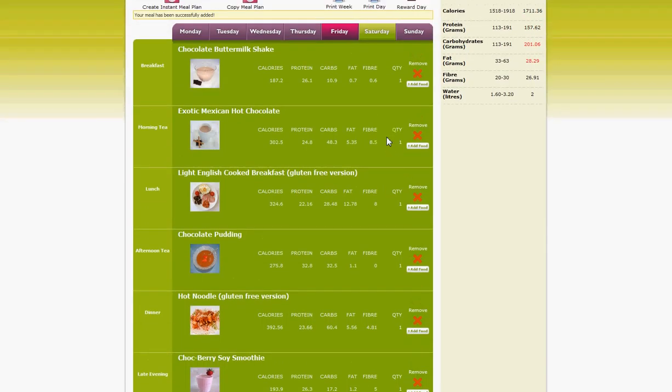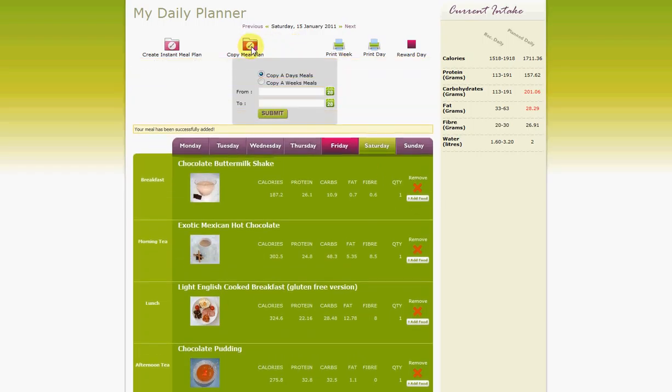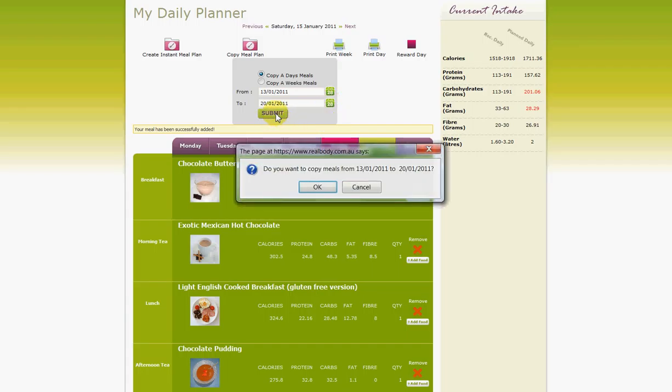If this is a meal plan you've created and you really like it and you'd like to copy it over to other days, click on the copy meal plan, and again you've got the option to copy a day or copy a full week across. Select the date, so we're going to copy the one on the 13th to 20th and click submit. It asks you to confirm that you want to copy meals from the 13th to 20th. Click OK,